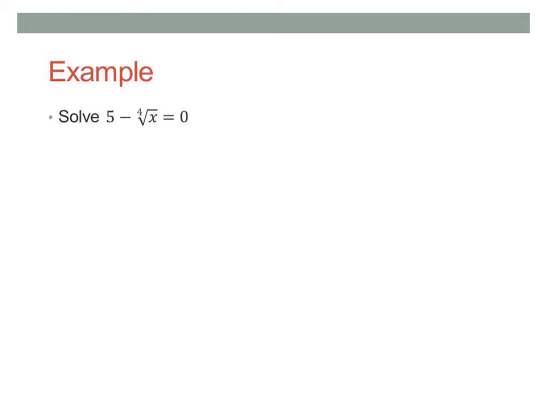Okay, so here's our first example. 5 minus the fourth root of x equals 0. So you need to get the fourth root of x by itself. We will start by subtracting 5 from each side. Negative fourth root of x equals negative 5. And we do need to divide by negative 1 to make it a positive fourth root of x